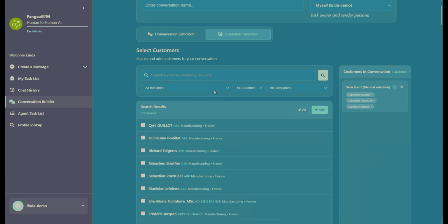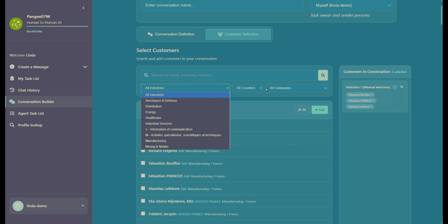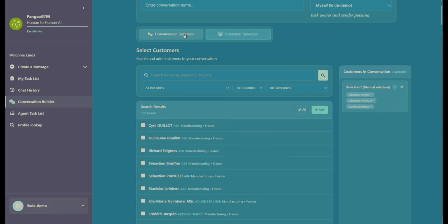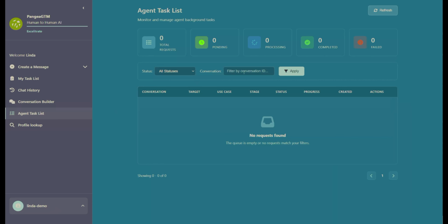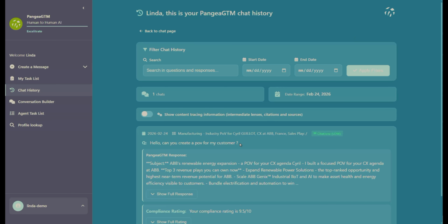So you can create a series of communications for multiple people or a series of communications for one person, but spread out over time to maintain a continuous approach in your communication with target contacts. Then you can manage all the tasks that are currently in progress, stop them or resume them. If your client has responded and you have information in the CRM that indicates your client has